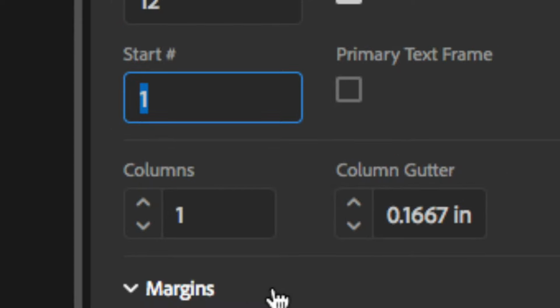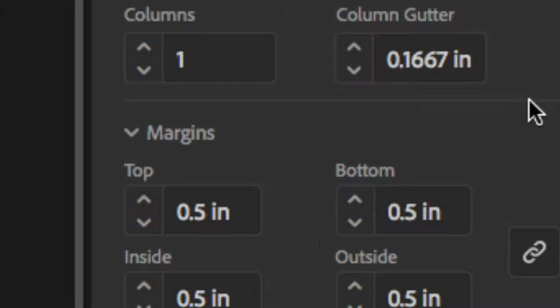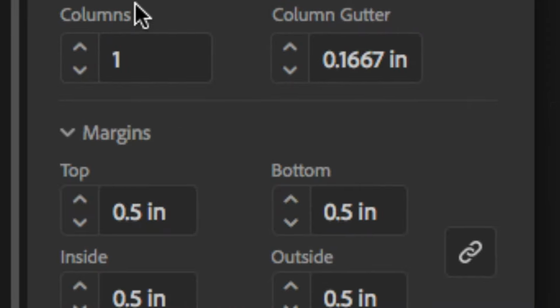And then here we have the ability to create columns. And once we create a column, we also have what's called a gutter. So documents 8.5 by 11 are too wide. It's too wide of a size to run a line of text across it. So if I have an 8.5 by 11 document,